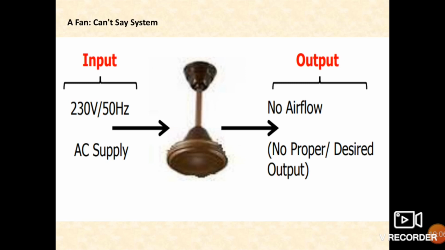Even if we give the input, switching on the power supply, AC supply 230 volt 50 hertz, we won't get a proper or desired output from the fan because there are no blades in it. Okay, so this type of fan is not at all a system, so we can't call it a system if a fan doesn't have blades. Okay,